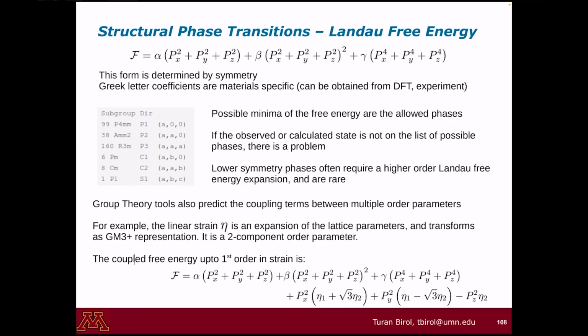It gets lengthy, things get tedious fairly quickly, but you end up with this expression where, as you see, there are also terms which couple the polarization squared with a certain combination of strains. And the first part of the free energy where you only have the polarization was easy to guess. Like in a cubic system, you can make an educated guess about what type of second or fourth order terms you would have. But this coupling between strain and polarization is quite non-trivial, and it's not obvious what these cross terms would look like. Say, I don't know where the square root of 3 comes from, for example. So those are things that come out naturally from